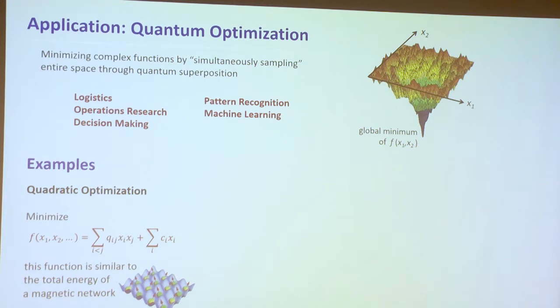One of them, a little more mathematical. This is one such function of bits. Say we have bits x, we have lots of bits here. It's a quadratic function, it's a nonlinear function. Finding the configuration of the inputs that minimizes this nonlinear function is really hard. It's a special example of this. This is actually called QUBO, quadratic unconstrained binary optimization. And it looks a lot like a transverse Ising model. It looks a lot like a magnetic model that we see in physics all the time.